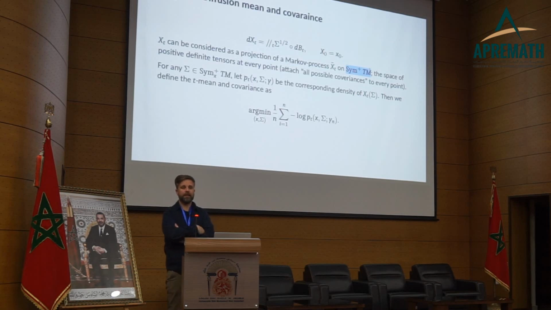So I can take the endomorphism bundle, and take the subset of those that are symmetric and have positive eigenvalues. That gives me a fiber bundle over every point, and just working with these covariance matrices at every point, I can now get something that's a Markov